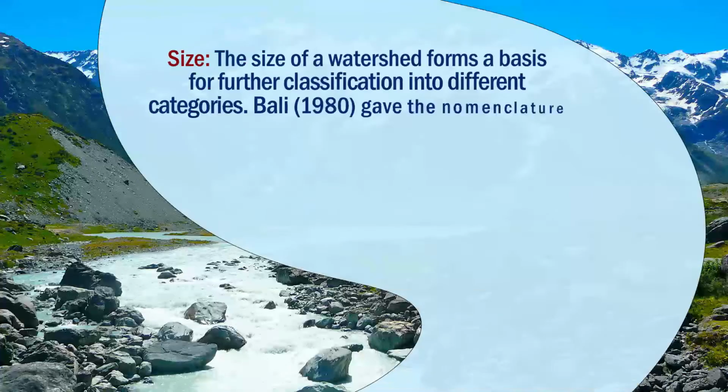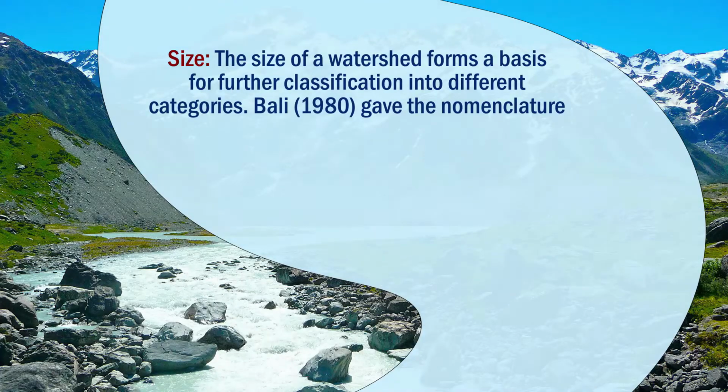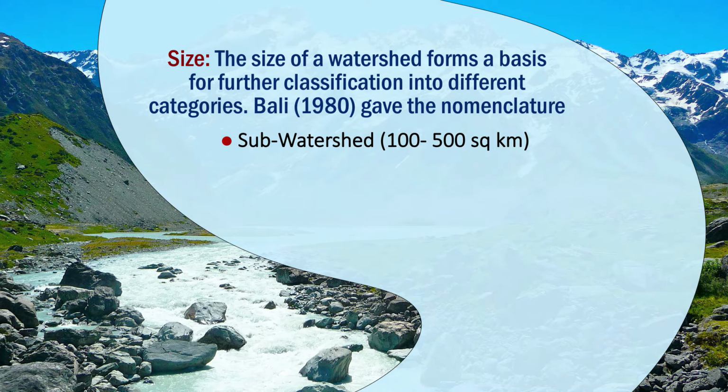So let us have a quick look into this characteristic. When we talk about the size, the size of watershed forms a basis for further classification into different categories. And you know that two watersheds will never be equal in terms of size, in terms of shape. So in terms of size, according to one of the academics, Professor Bali, 1980, gave the nomenclature into sub-watershed where